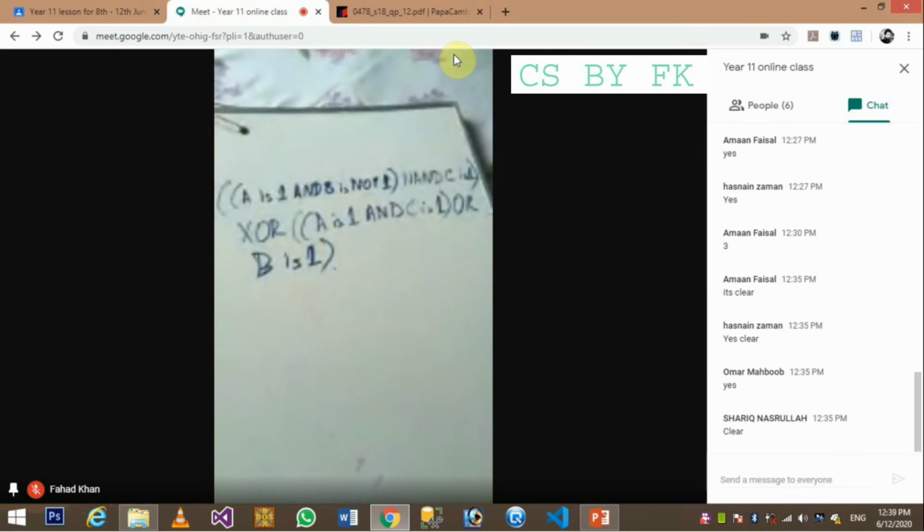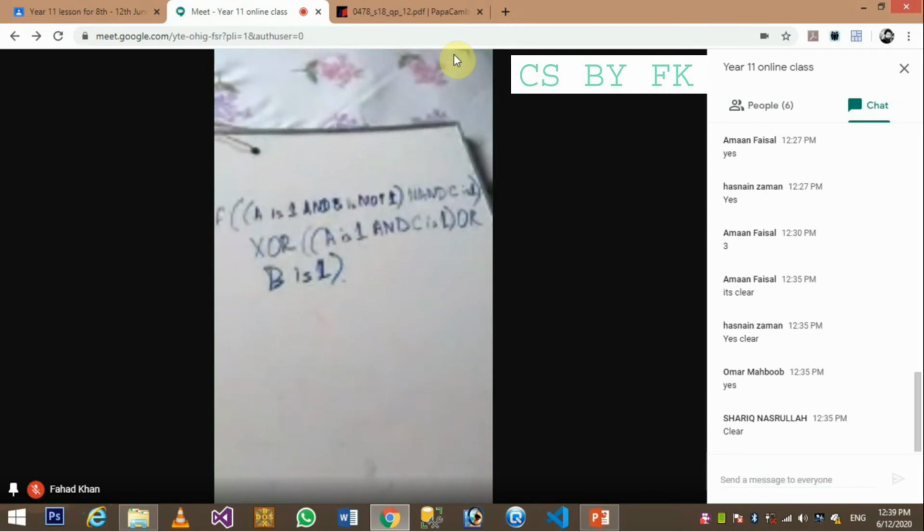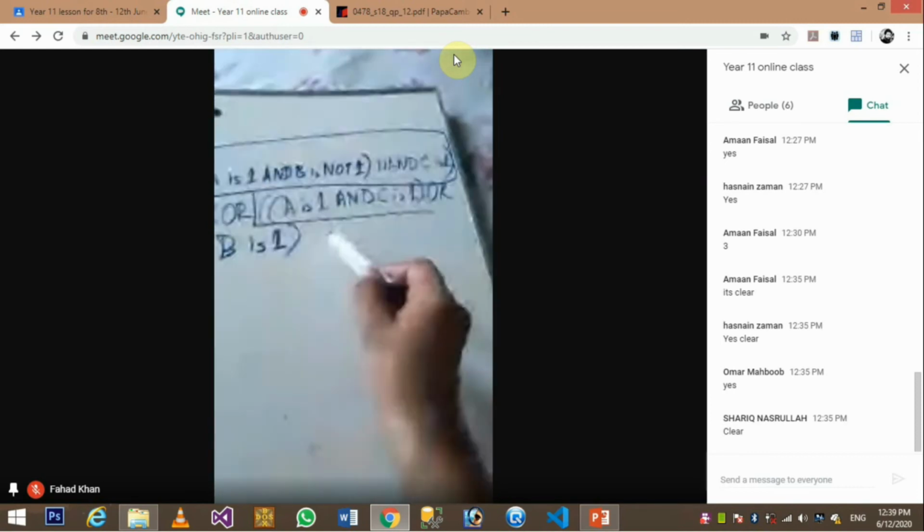So first, quickly, we need to see the connector which is present in the middle. As you can see, there are two brackets over here, and one is closed here, and the second one is closed here. So this is one part, and the next part is the two brackets over here. One is closed here, and the second one is there. So this is the second part.